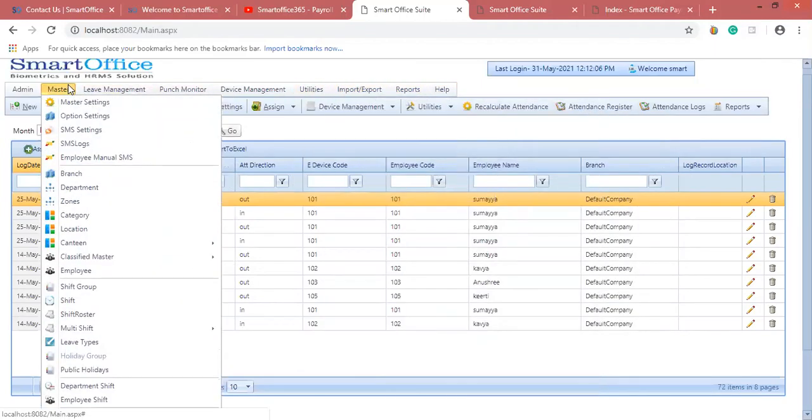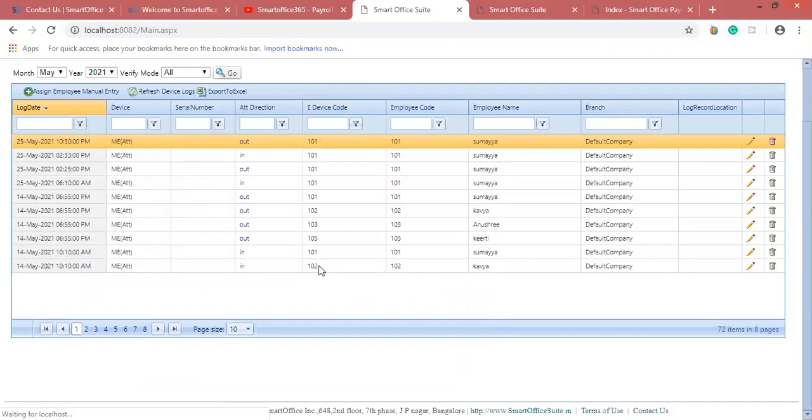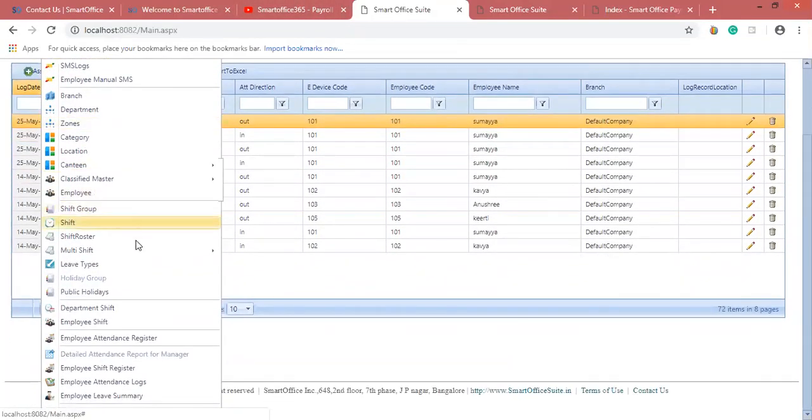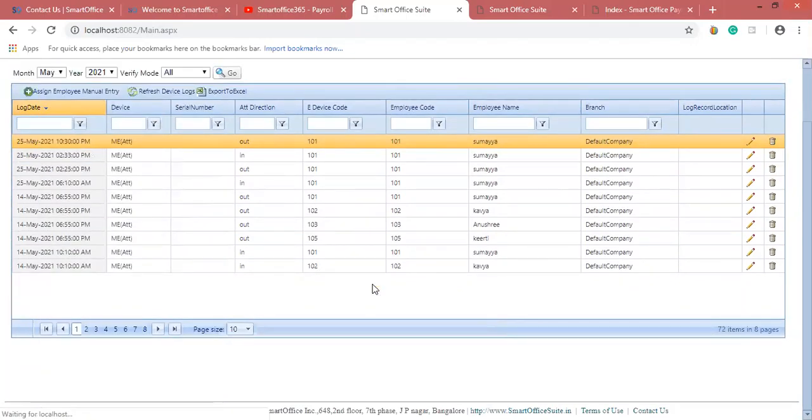You have a separate option for multiple shifts here, in the reports option. So I'll be generating the reports for that particular employee. If you generate the report for a multiple-shift employee there, it will throw an error message saying that the employee doesn't exist. So if you have assigned multiple shifts, you have to generate the report from this multiple shift reports section only.